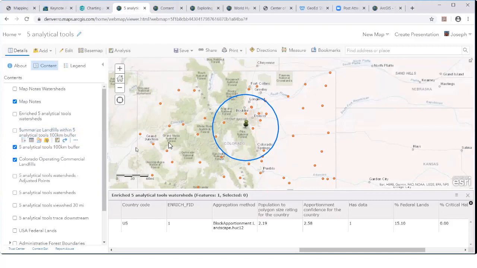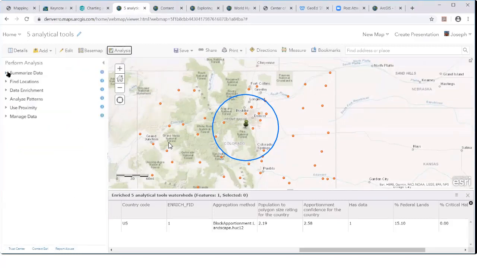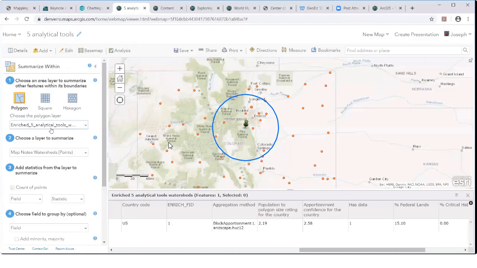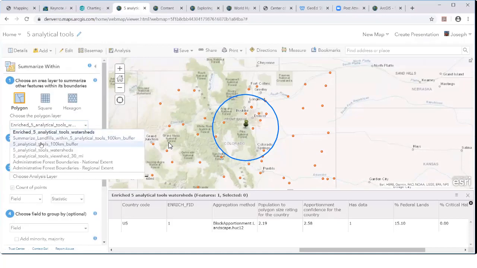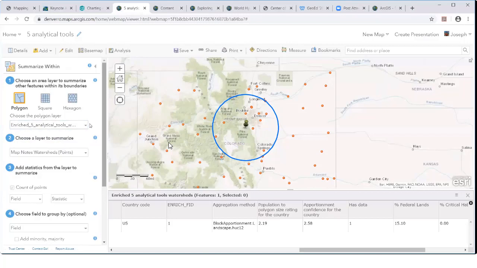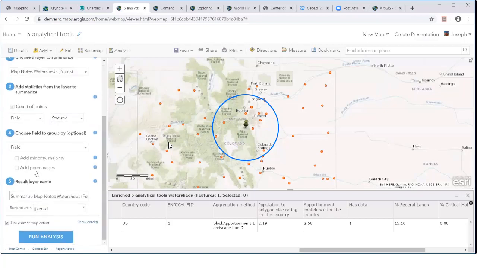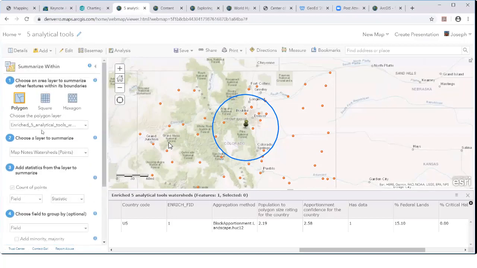Okay, well, so I've buffered that, and now I say, ooh, I want to summarize within, which is another one of these analysis tools. It's summarize data and summarize within. Just like the other tools, it says, okay, well, what polygon do you want? And I'm just going to say, well, I want my 100-kilometer buffer, and you'll see this is where when I name things, it really, really does make things easier for me down the road. So here I've got my 100-kilometer buffer, and then I'm going to go on to, do I want any statistics? Do I want to group anything? What's my result? I'm going to count the number of